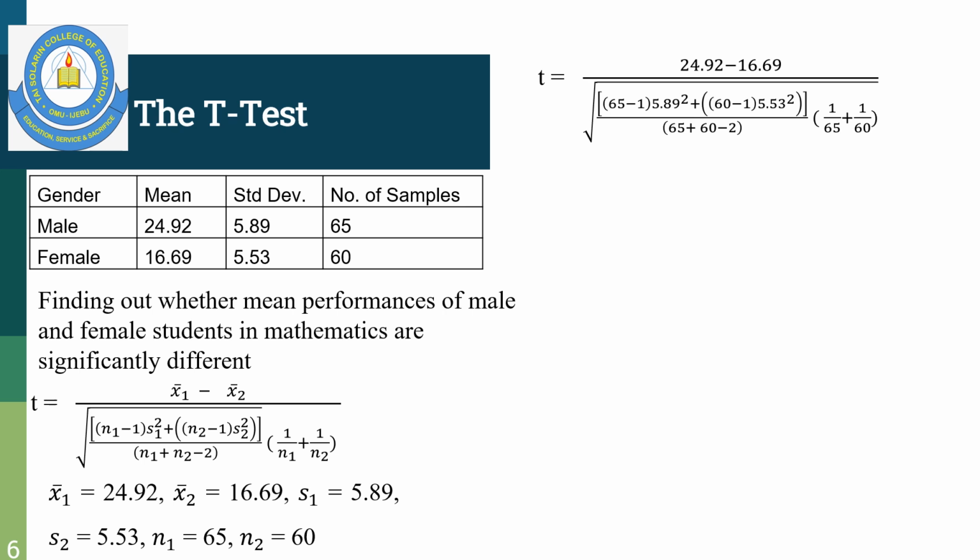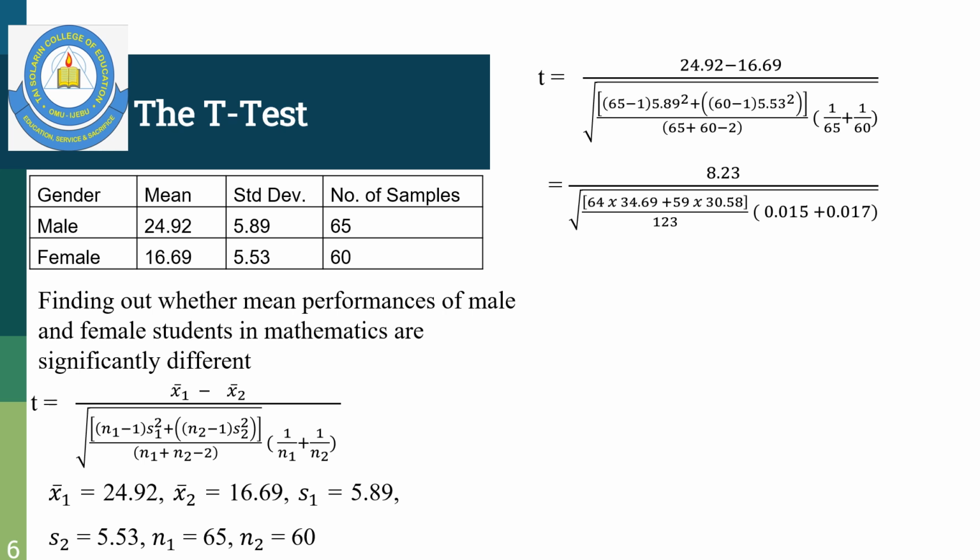So if you substitute that, you get 24.92 minus 16.69 all over square root of (65 minus 1) times 5.89 squared plus (60 minus 1) times 5.53 squared, all over 65 plus 60 minus 2, and then we have 1 over 65 plus 1 over 60. So if you calculate that now, if you take away 16.69 from 24.92, that will give us